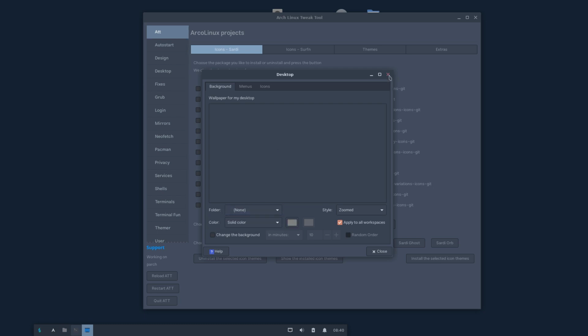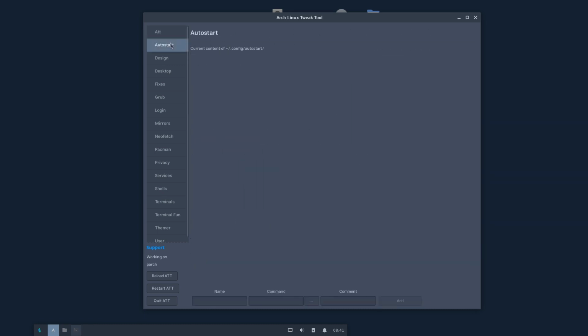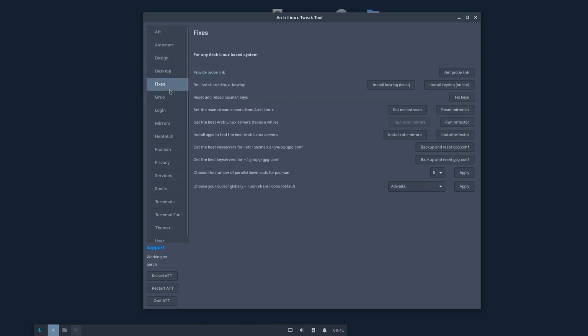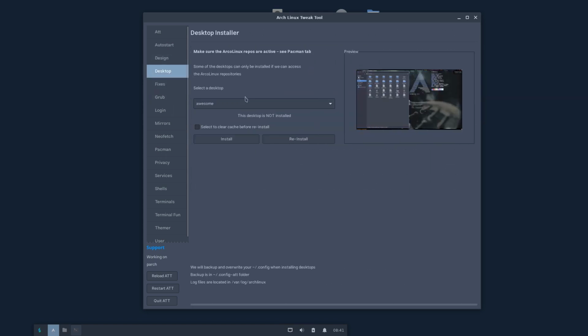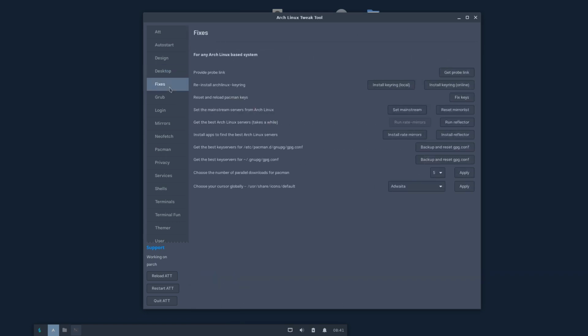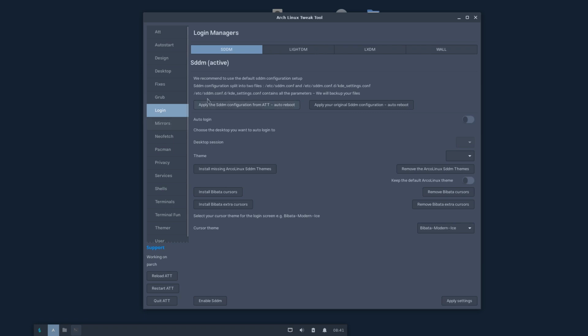I guess not. And here we go, right? Have a look at all the possibilities, things to install, all kind of desktops we can add to it. We can add our own DWM, but I don't want my own DWM, maybe the other guy's DWM. Have a look. Some fixes, grub, login, SDM is active,